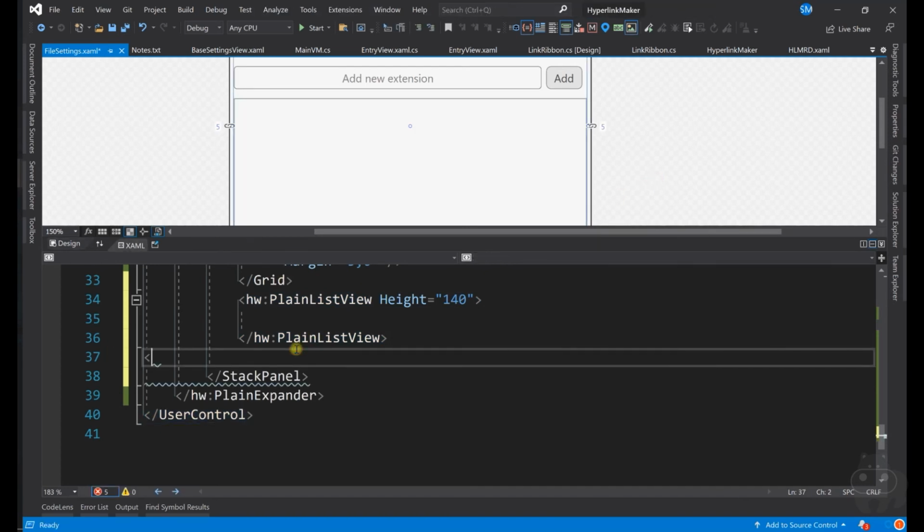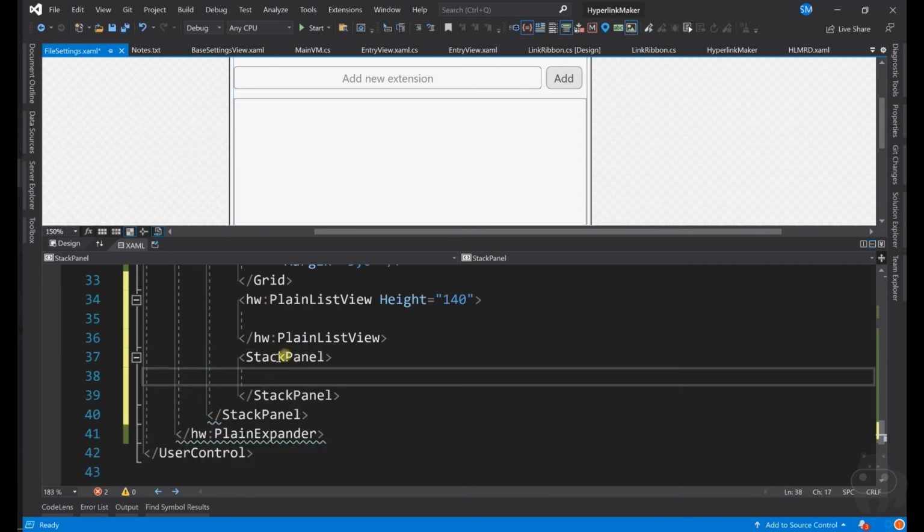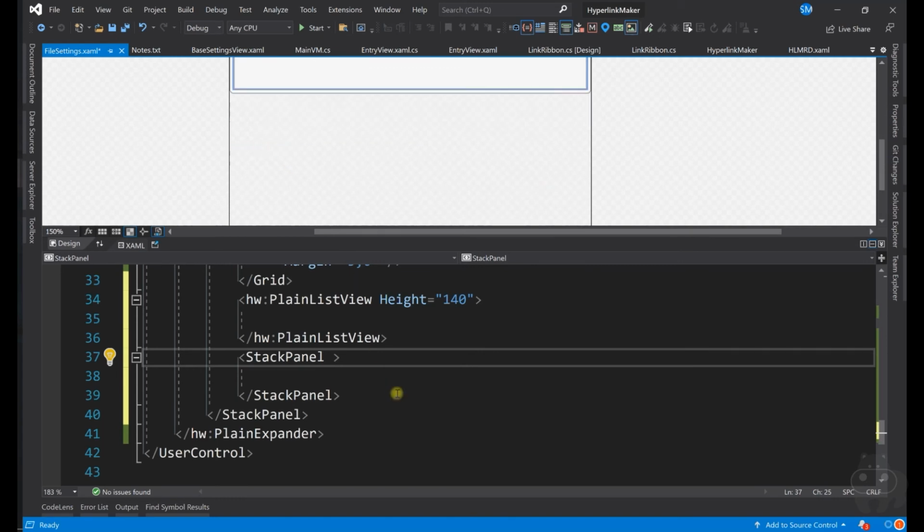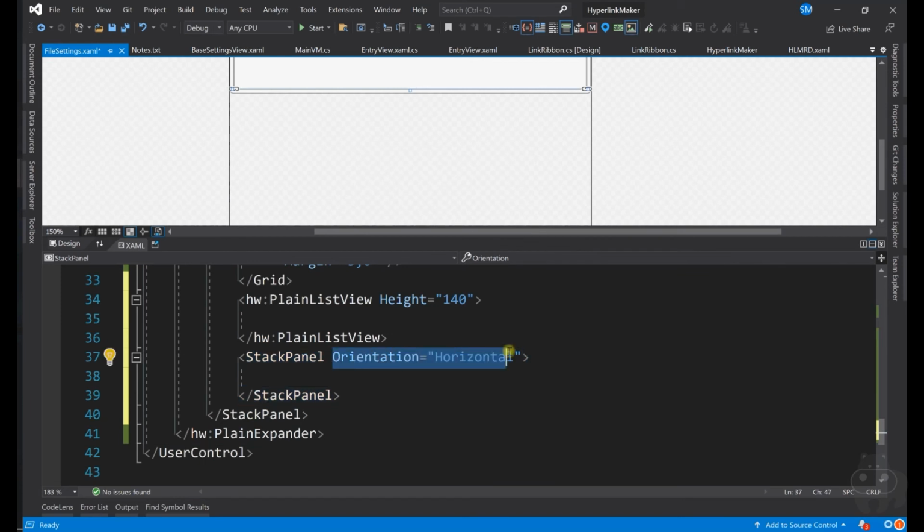In the bottom, you need to have a stack panel with orientation horizontal. Why am I adding orientation horizontal?